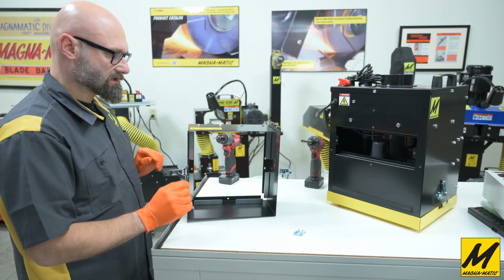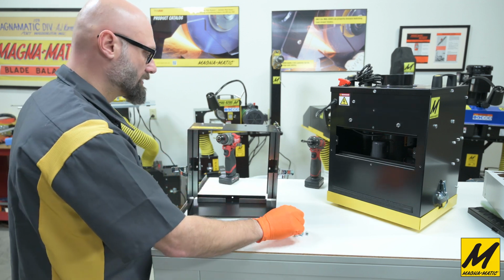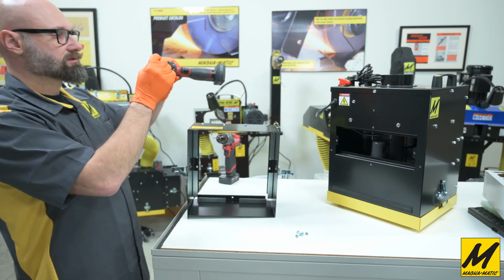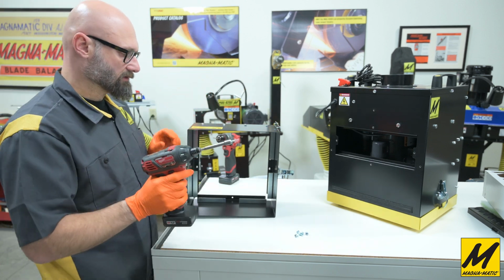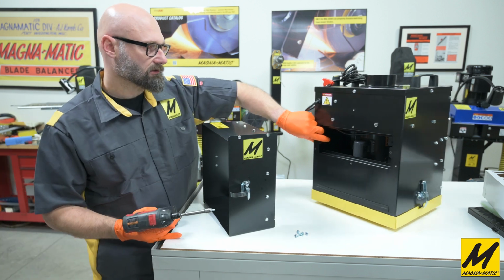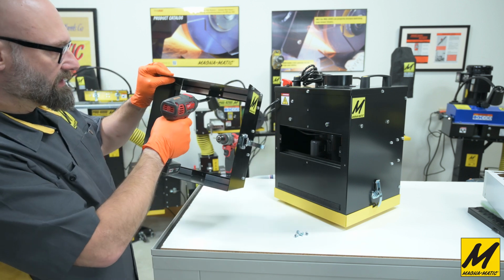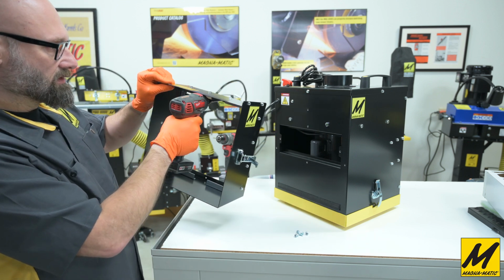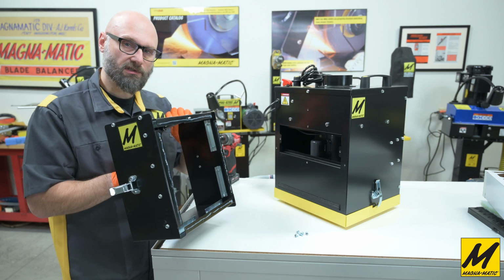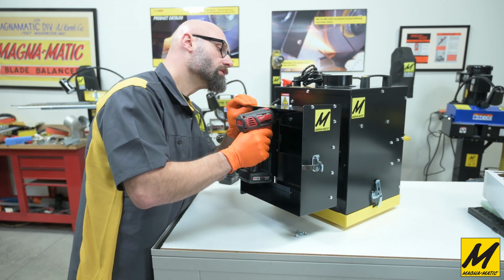Again, the catch clamps are on the side. We do have some decals to help you see the orientation. Take one screw with your driver, and we'll pull the dust collector a little closer. What I like to do is start at that central top hole, start your screw so that you can see it coming out, and then go right up to the hole